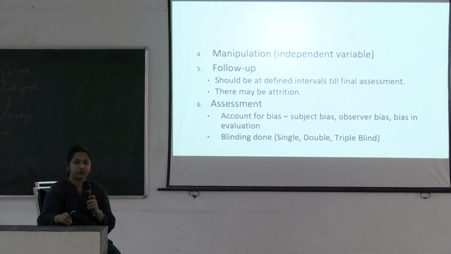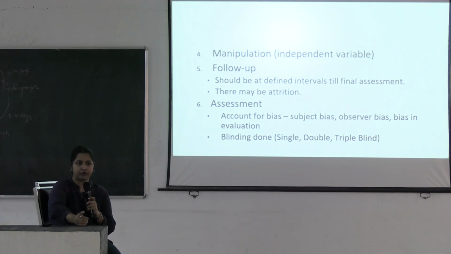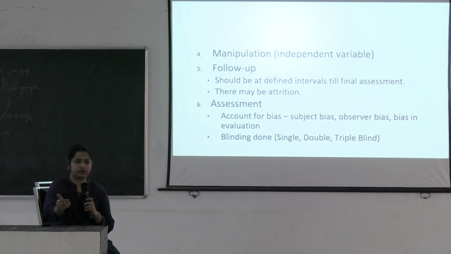That is, you can do the follow-up at the end of the study, or you can do multiple follow-ups at 1 month, at 2 months, at 6 months, and then you end the study at 2 years. Like that, you will follow up at certain intervals and see the outcome measure, whatever outcome you want to see. For example, the occurrence of diabetic nephropathy. You are giving lifestyle modification in one group and standard care in another group. And then you follow up at 1 month, 2 months, 3 months, 6 months, 1 year, and see which group is improving how much, or which group is not developing diabetic nephropathy by how much. You are measuring that by follow-up.